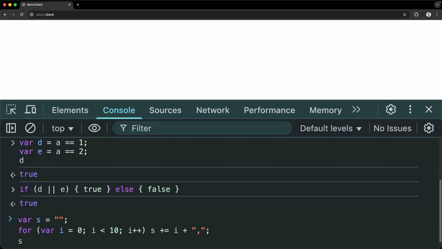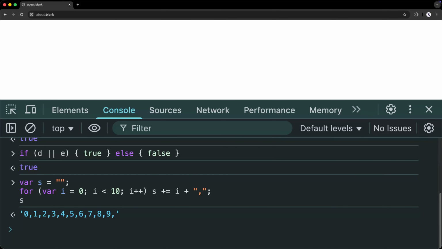The plus sign in front of the equals sign means add to the existing value. Then we add the i variable to s along with a piece of text. This is JavaScript, so i will automatically be converted to a string. In some other programming languages, we would have to perform the conversion ourselves. When we run this code, we will see the result.